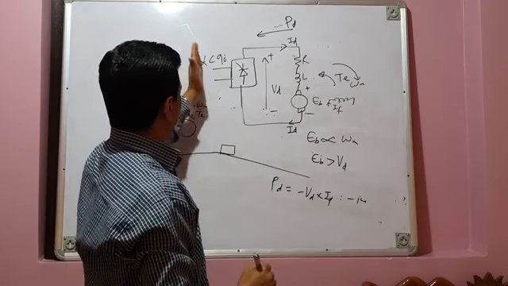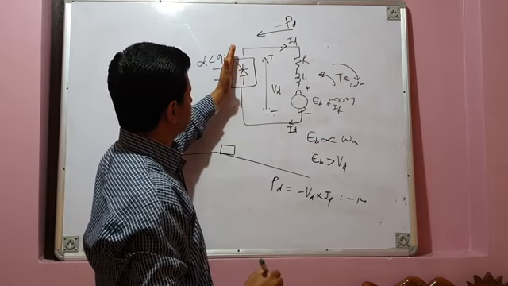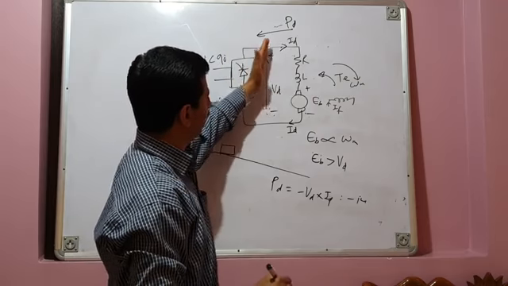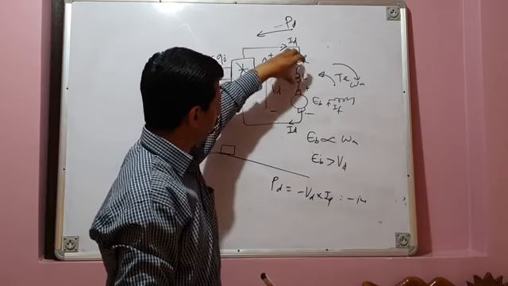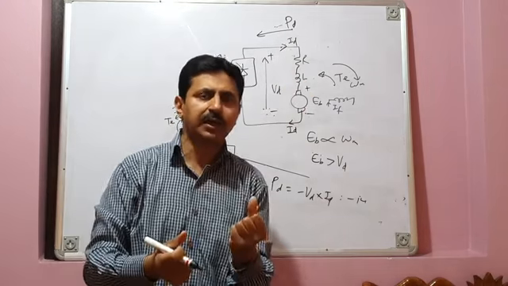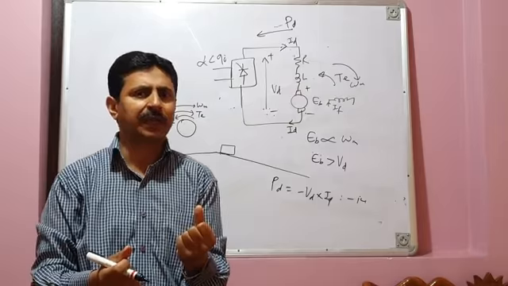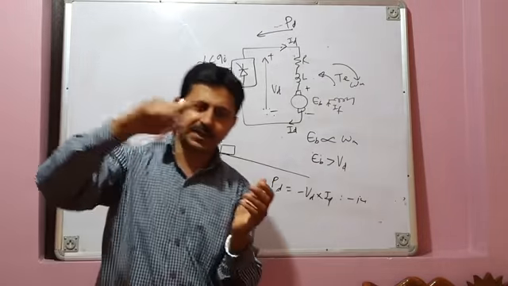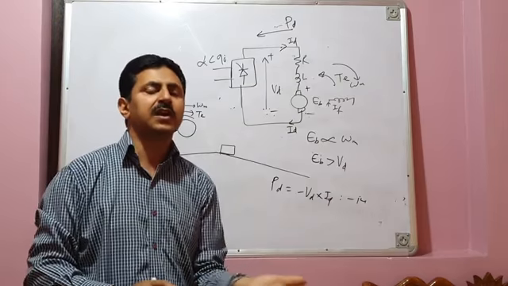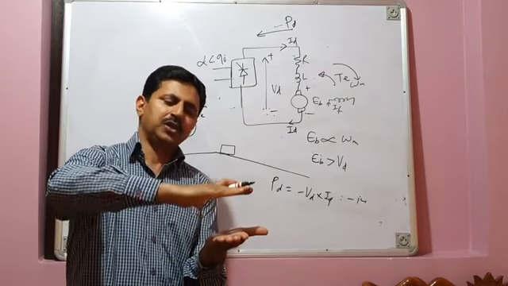That means power comes from AC. The converter converts that AC power into DC power and gives that power to the motor. The motor consumes that power, converts that electrical power into mechanical power, develops the torque and starts running. And when the machine starts running as a motor, the hoist moves up.